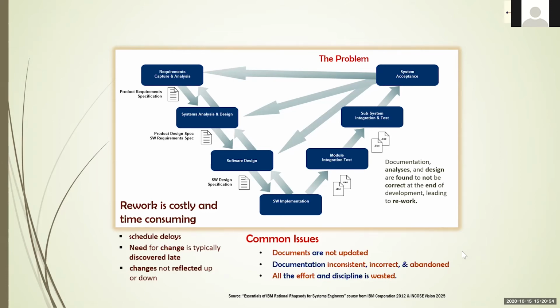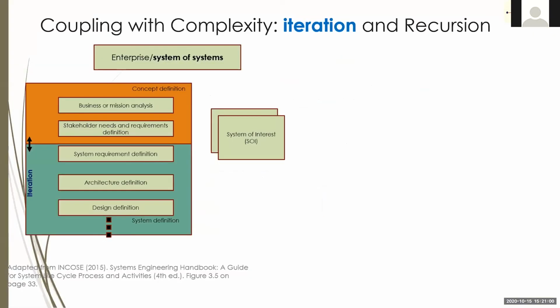And please, everyone, feel free to jump in at any time, okay? Now, talking about coupling with the current complexity, okay? One way to do it is that some of the development methodologies or life cycles now are taking into consideration the iteration and the recursion of the concepts that you need to apply. So for the iterative part, let's imagine that we have a system of systems. So we have a system that is made up of many systems.